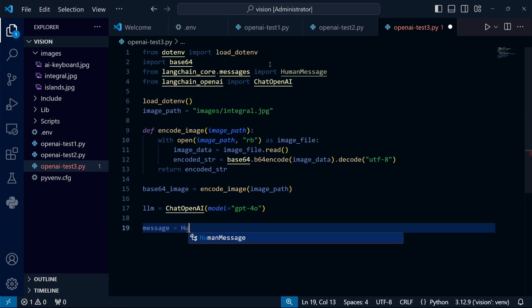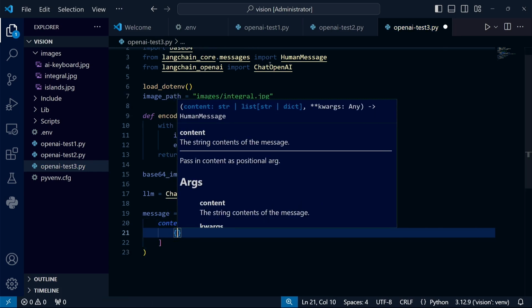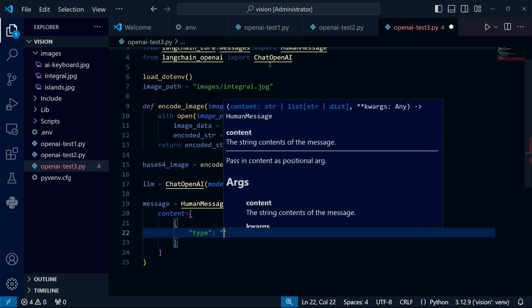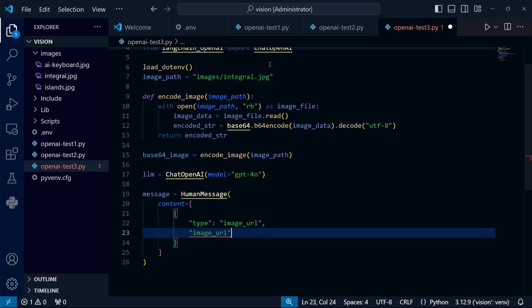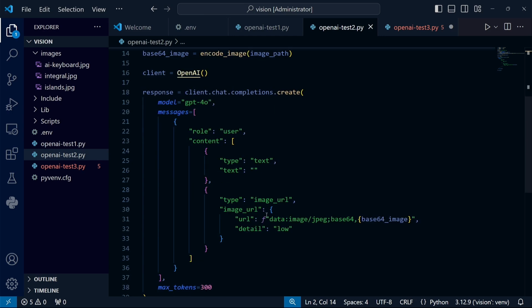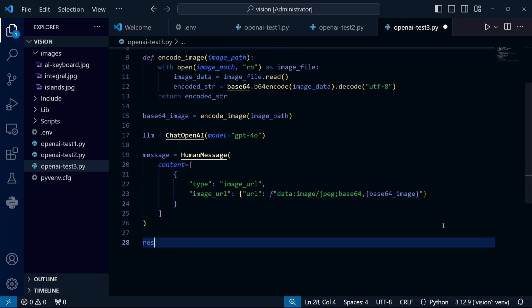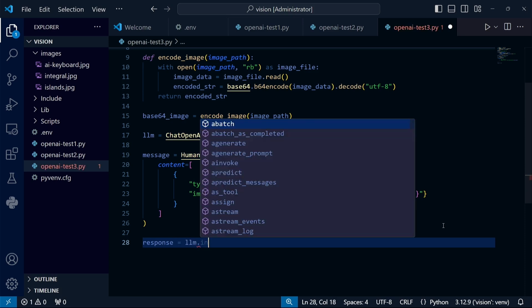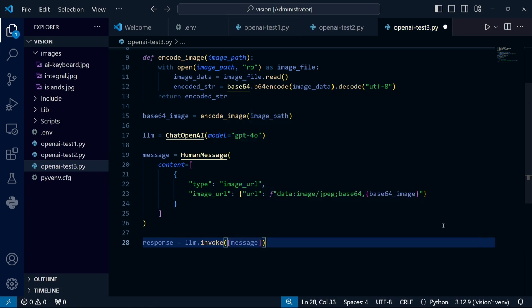Now I will define my query as an instance of the human message class. This time, I won't even define a text prompt, because we are working with an image that contains an integral, and the LLM can infer that it's about solving it. You've probably already noticed that the content definition scheme is very similar to the previous one. Therefore, to simplify things a bit, I'll copy the URL from the previous example. And pasted. Essentially, what remains is executing the invoke method and printing the result. Of course, for a complete picture, I would also encourage you to use output parsers, but in this case it doesn't matter at all.